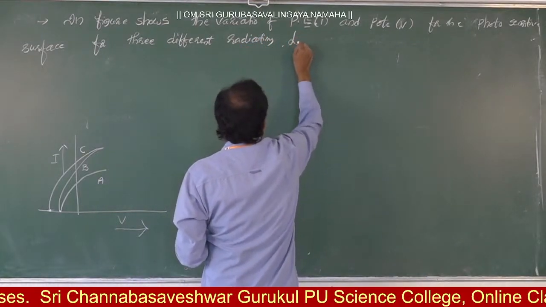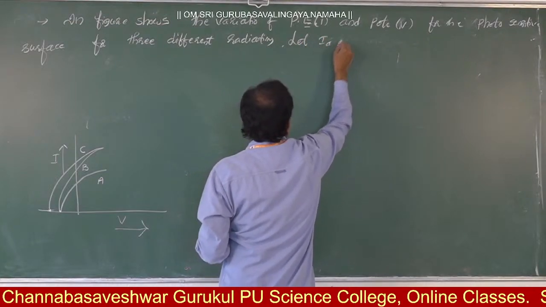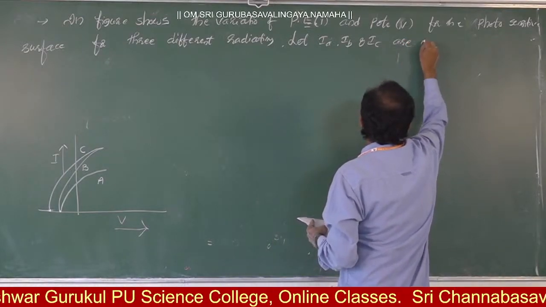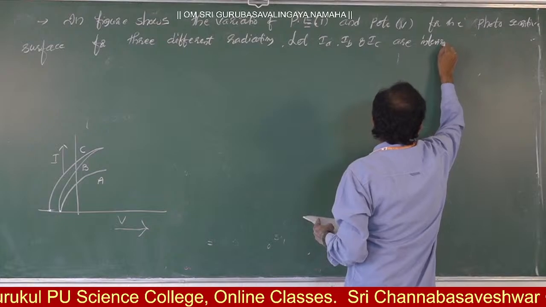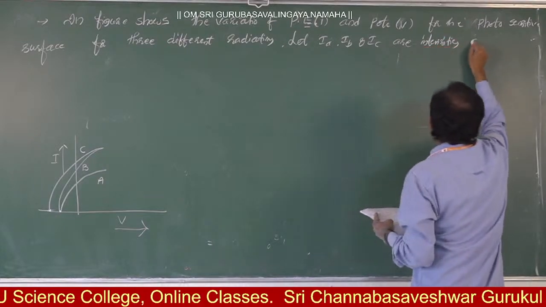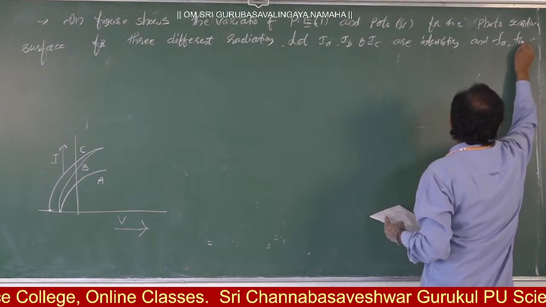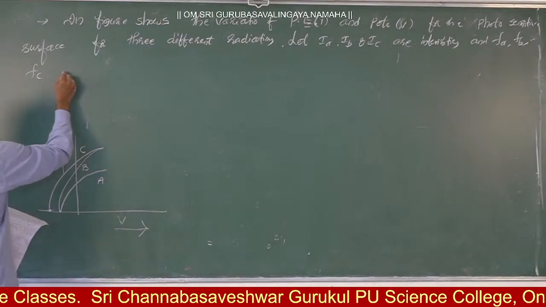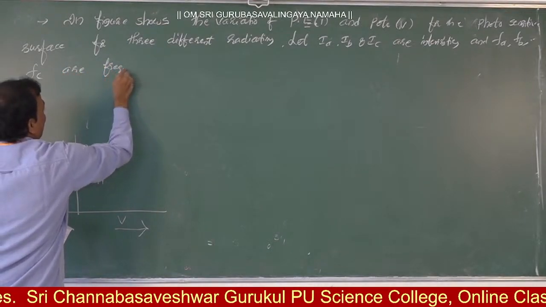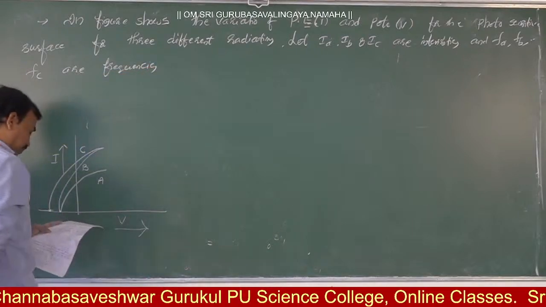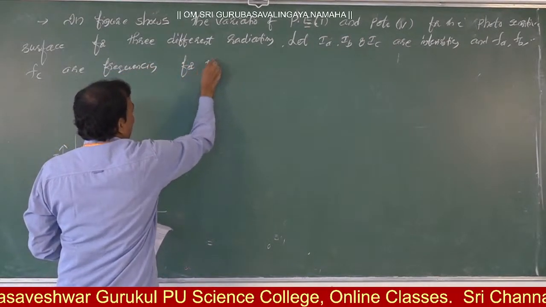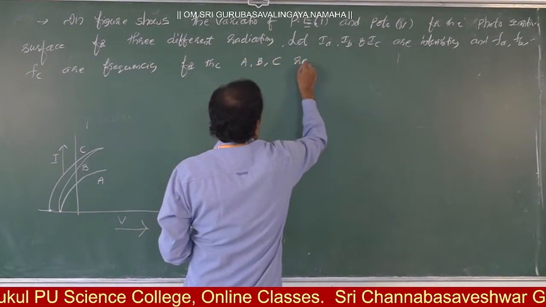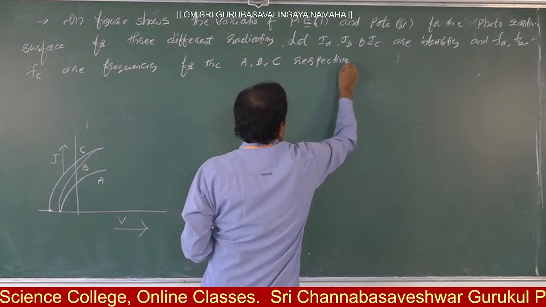Let IA, IB and IC be the intensities and FA, FB and FC be the frequencies for A, B and C respectively. Then,